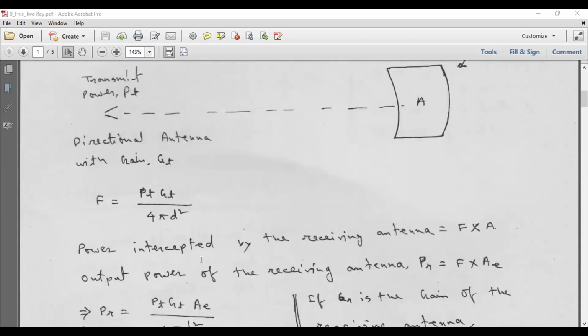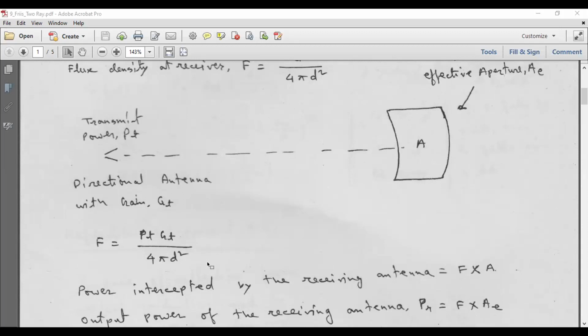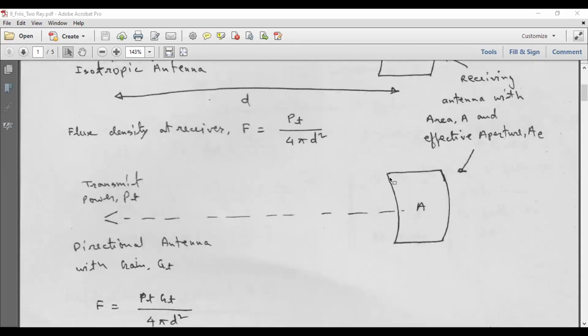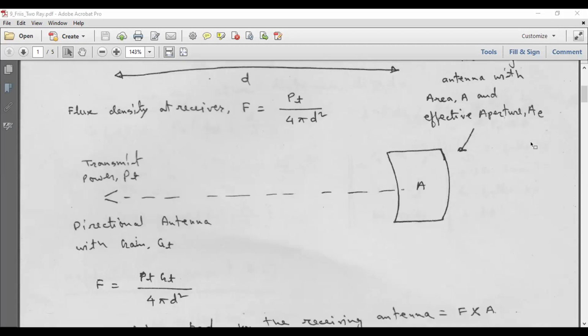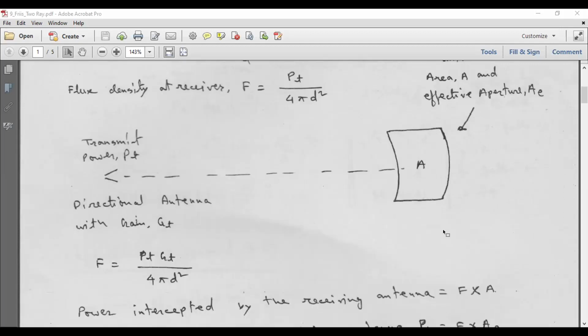So that directivity you can also relate to effective aperture, how much energy you are actually getting. This is like an equivalent area. If I calculate all the power available here, the same power flux density, if it was incident on this area AE, the effective aperture, then you would get a certain power. That is the power you actually get when the power is incident on the whole physical area, but because of directivity,